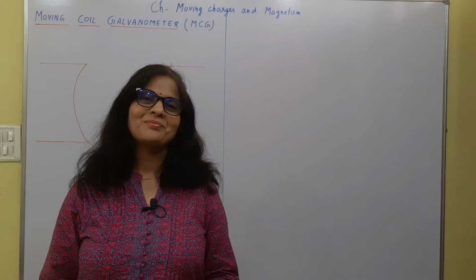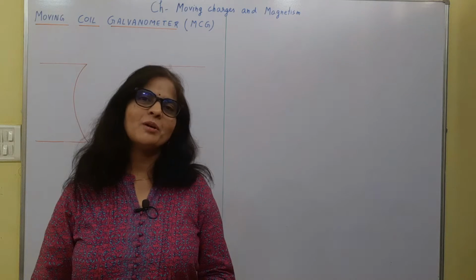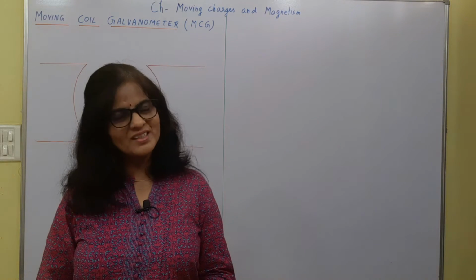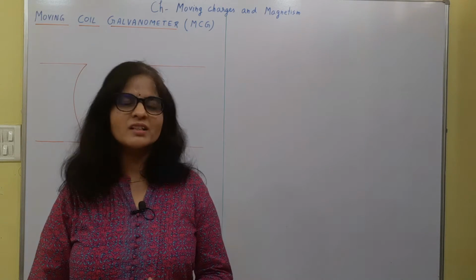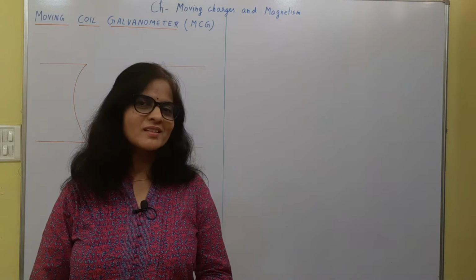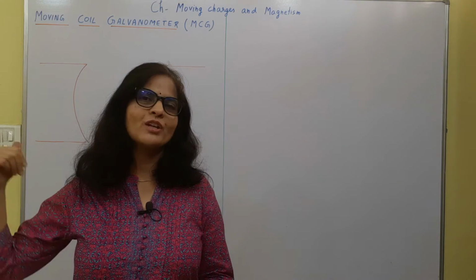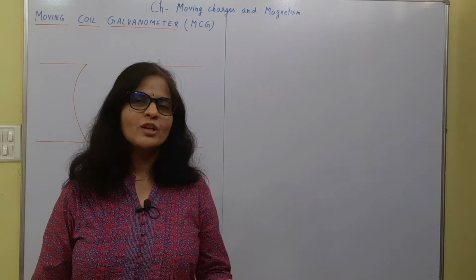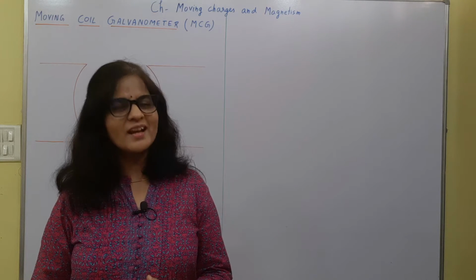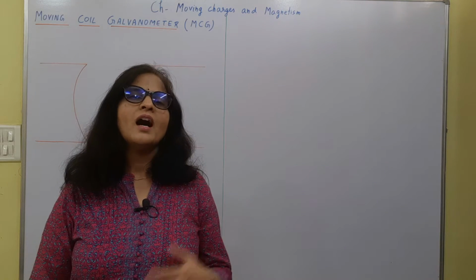Hello everyone. You have been studying about the currents and the voltages in the circuits. But have you ever wondered how do we measure this current and the voltage? The answer lies here in moving coil galvanometer. We are going to study about this device first, and then after I'll let you know how to convert this